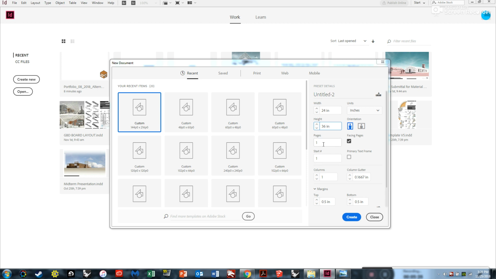And the same for pages as well. If you're doing a board layout, just a single board, you might only have one page. If you have multiple boards or a portfolio that you're working on, obviously your page number will be different. Here I'm going to set 4, so we can go over, or I can discuss some items that involve multiple